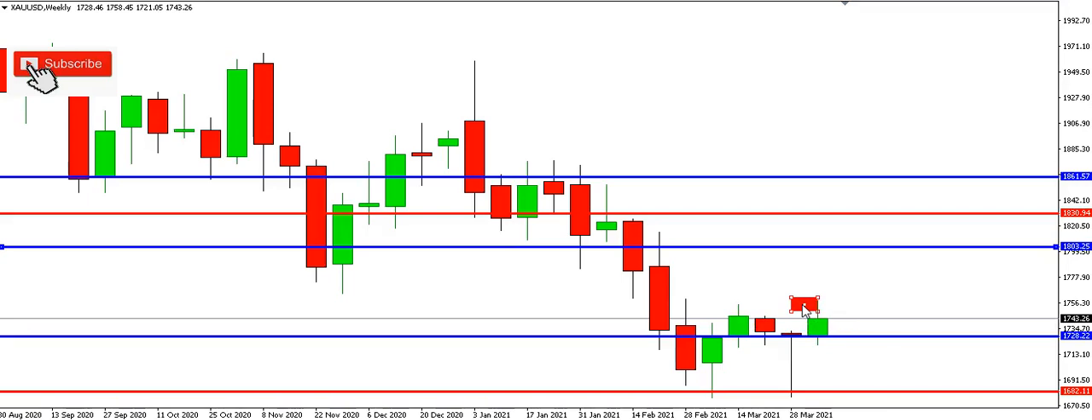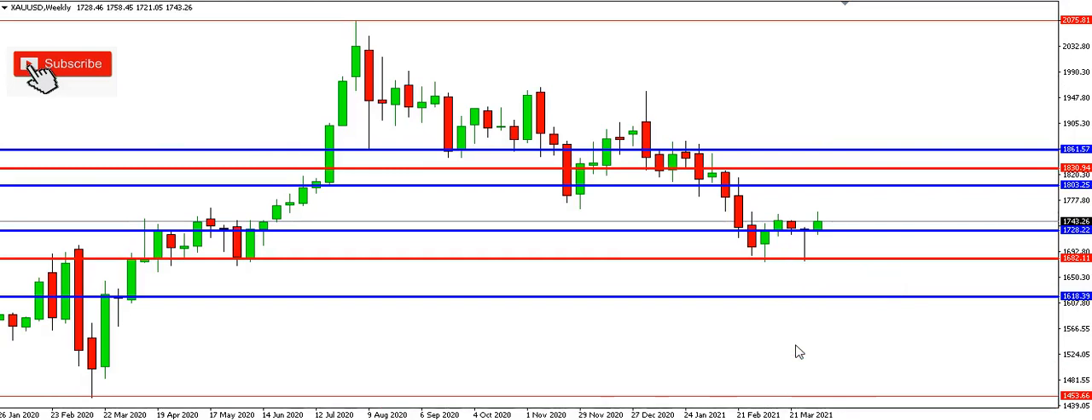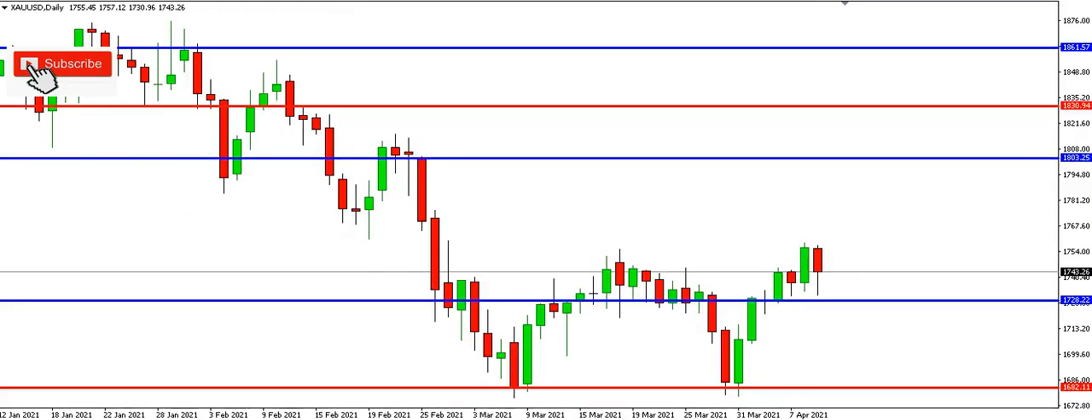Now, is it at the range top, and is it going to break the range and go up? Only time can tell. So what I'm going to do now, I've mapped out this and that. I'm going to go to the daily chart. So on my daily chart,